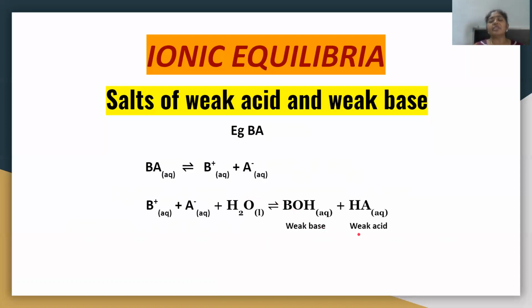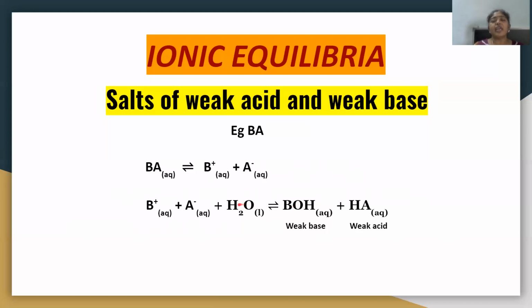And what does the weak base and weak acid do? Will it dissociate further? It won't. The amount of dissociation is going to be very, very less. So it is not going to completely dissociate into ions. So are there any H plus or OH minus ions present here in the free state? No. So by just looking at this, you cannot identify whether the final solution is going to be acidic or